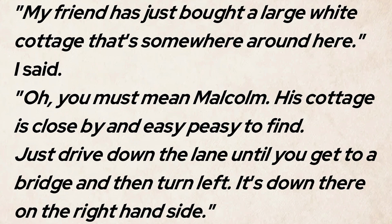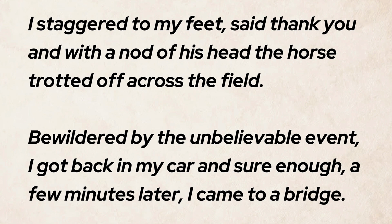"My friend had just bought a large white cottage that's somewhere around here," I said. "Oh, you must mean Malcolm. His cottage is close by and easy peasy to find. Just drive down the lane until you get to a bridge and then turn left. It's down there on the right-hand side." I staggered to my feet, said thank you, and with a nod of his head, the horse trotted off across